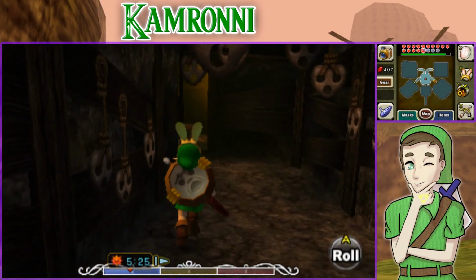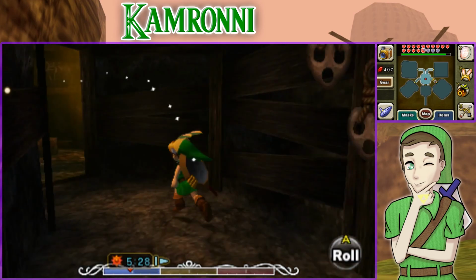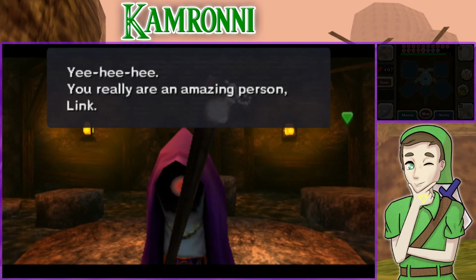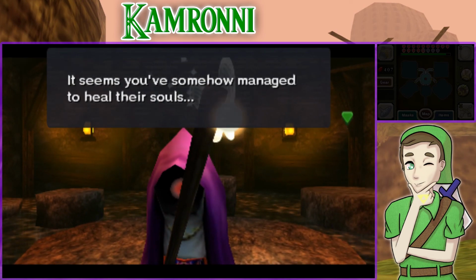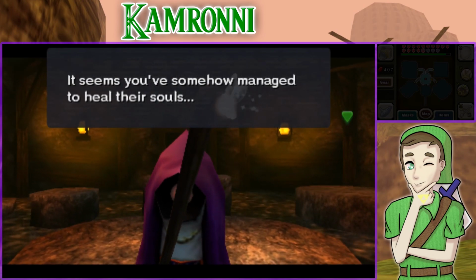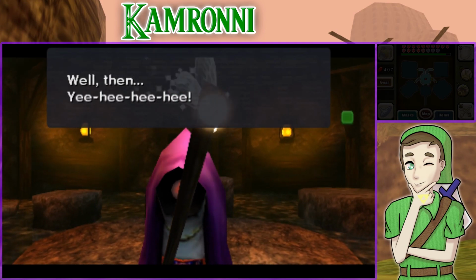Anyway, after you defeat all of the enemies in all 4 rooms, you really are an amazing person, Link. It seems you've somehow managed to heal their souls. Maybe I shall vanish soon myself. Well then,